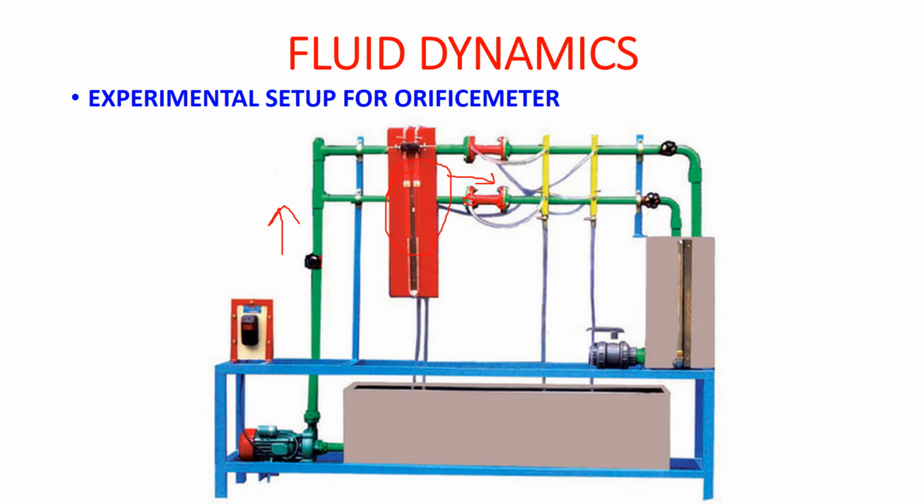Okay, so we will get the pressure difference of the mercury levels in this, and as the water is flowing here, generally some water is collected in this measuring tank. Okay, so this is a measuring tank. It has a wall, so that all the water again will be sent to the reservoir tank here. So you can see this tube here which is attached to this tank. This is a piezometric tube. It will give us the head of water, height of water.